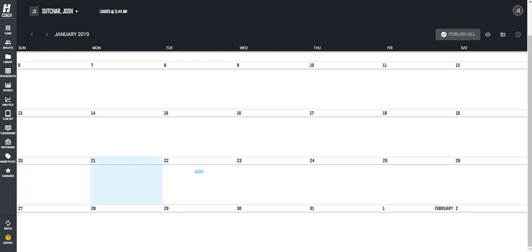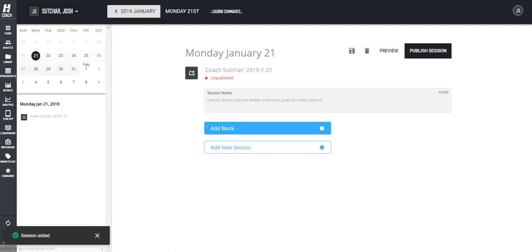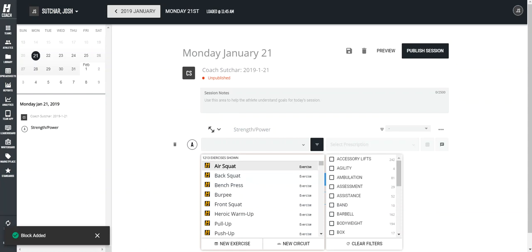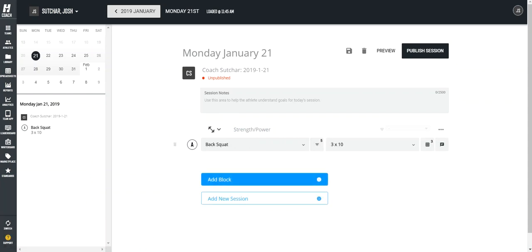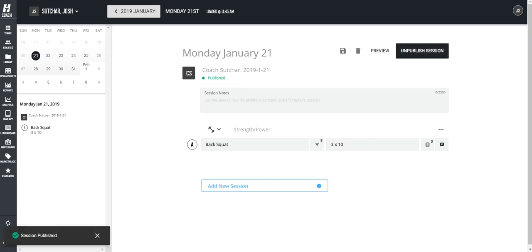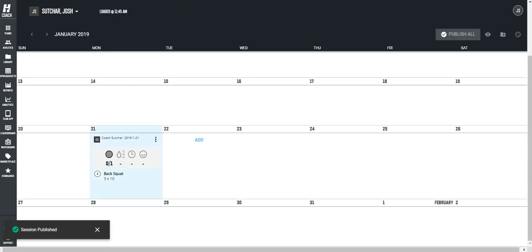So for example, maybe today on the 21st, I want to add a session. I'm adding that training session. I'm adding a block. I'm adding my movements and prescriptions. And again, this only applies to this particular athlete. As soon as I publish that session and I go back to the calendar, I notice this session is on